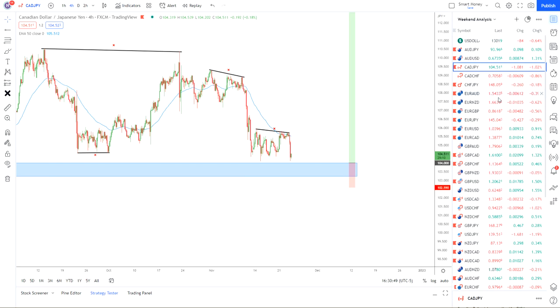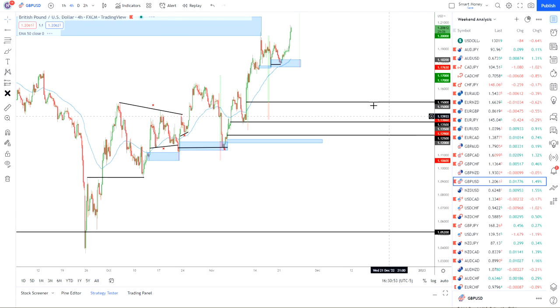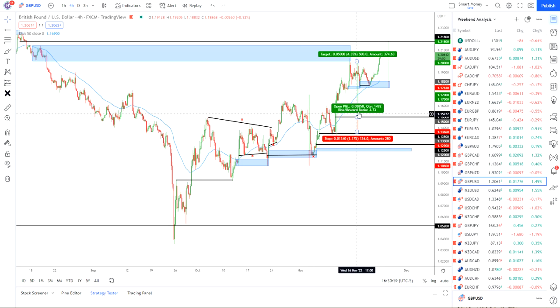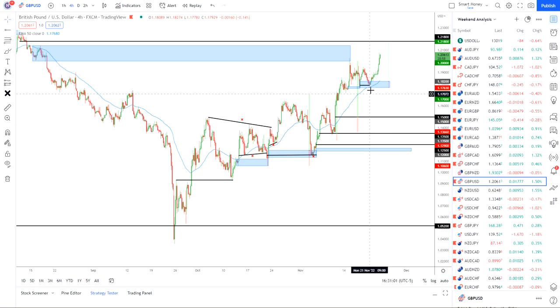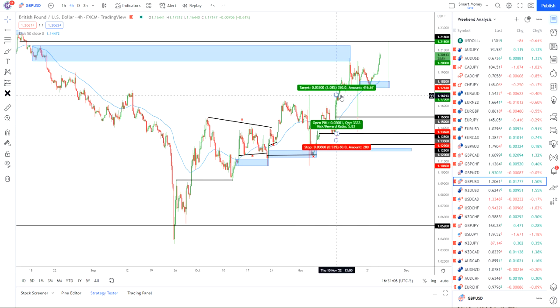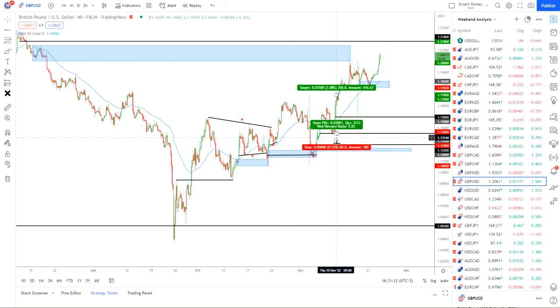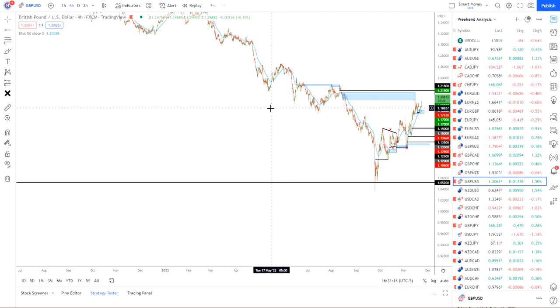The next one I want to talk about is very similar to EURUSD, but it comes down to GBPUSD. We have so many different setups in here. We had 1, we had 2, we had 3 that didn't fully pull back, and then we had 4. But 3 of them are in profit, or 2 of them hit take profit. 1 of them we're still in, and the other one never hit yet because we didn't have the pullback. But anyways, I'll talk about these after I do the top down with it,